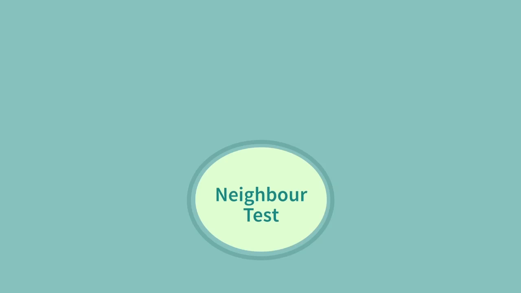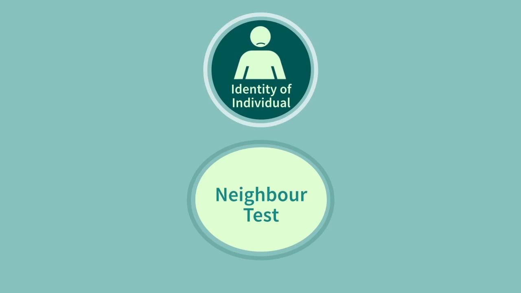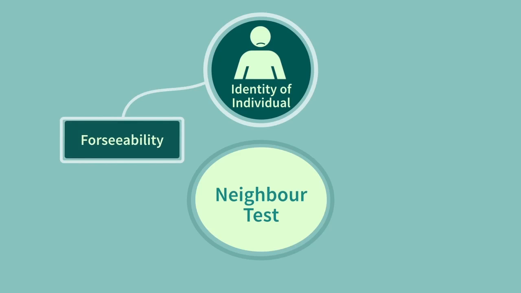Nor does the test require the contemplation of the resultant effect on the specific individual injured, but merely requires the identity of a class of individuals who might be injured as a consequence of the respondent's lack of care. The neighbour test for establishing a duty of care can be broken down into two requirements. 1. Reasonable foresight of harm. 2. A relationship of proximity.